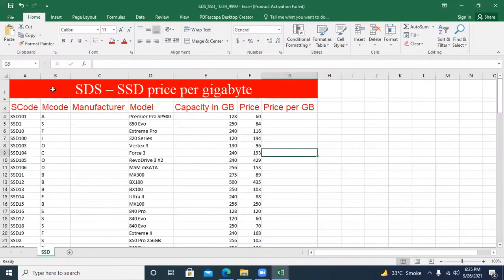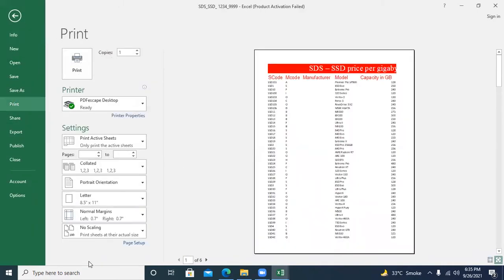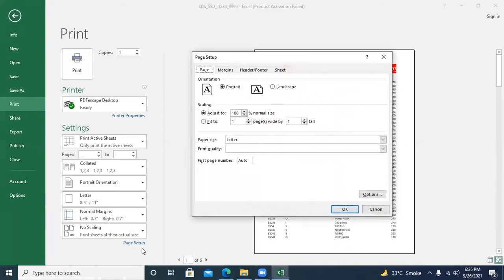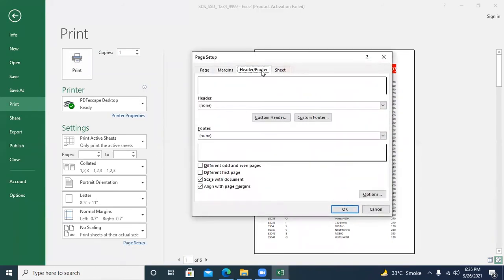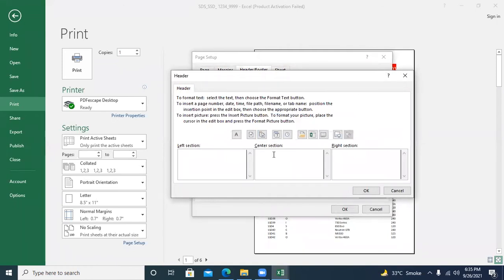So go to insert header and footer. What I do, I use this method: print, then page setup, header and footer. So custom header, we are asked to write here name, which should be center aligned, center number and candidate number.